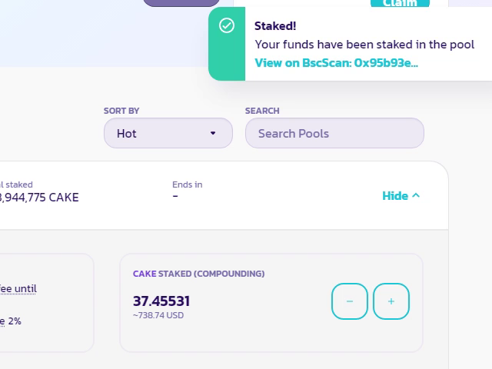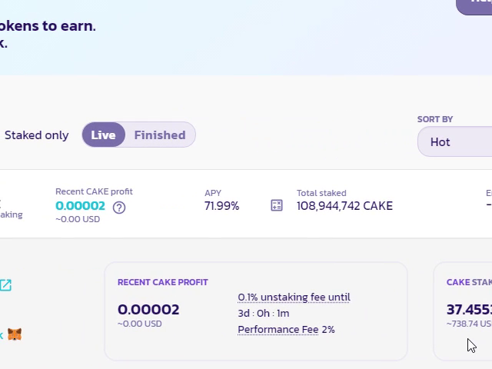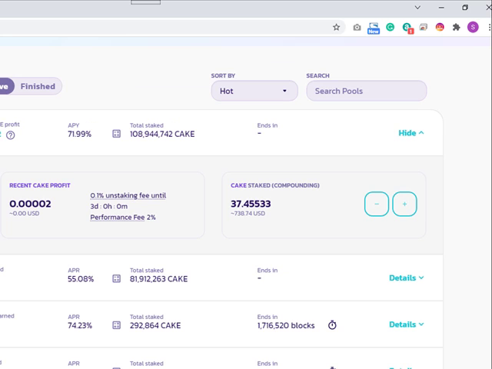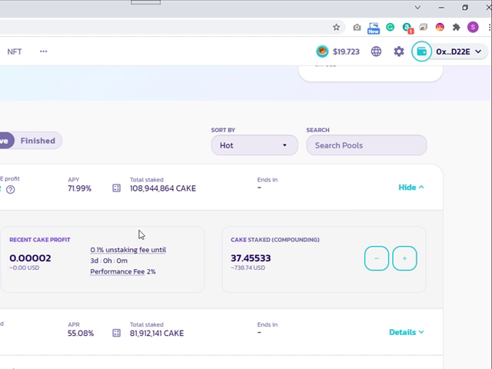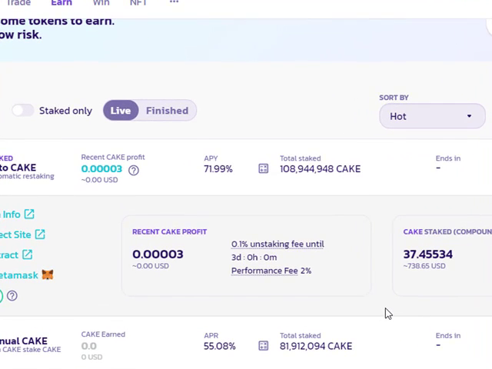Alright, now as you see here, now I have 37 pancake being staked. It's adding to the pool. Alright, so it starts staking here already. I don't know what happened to my other $4 that were here. I think they were added already to the